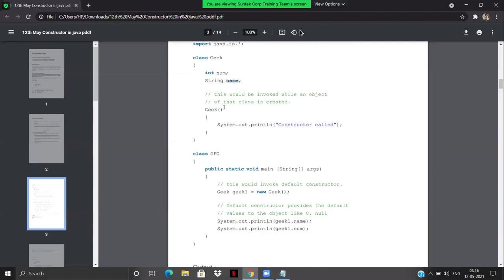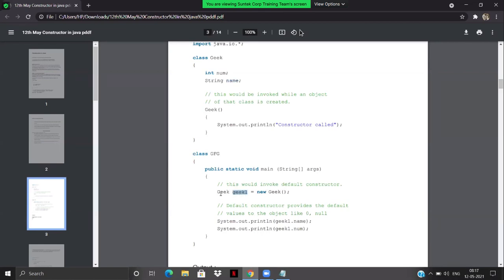Here there is a default constructor. Within that constructor, I am just printing a message which is basically a constructor call. So Geek1 is equal to new Geek. Here we have created an object. The object name is Geek1.